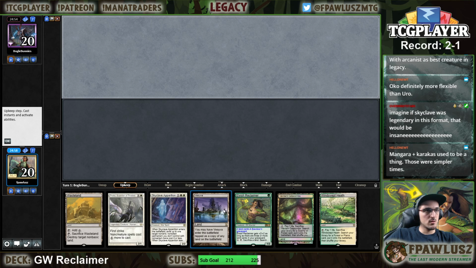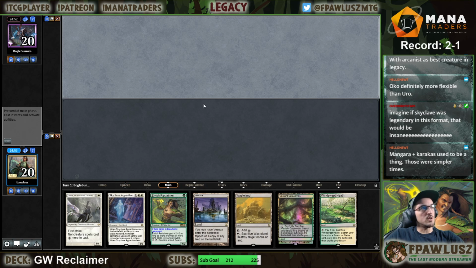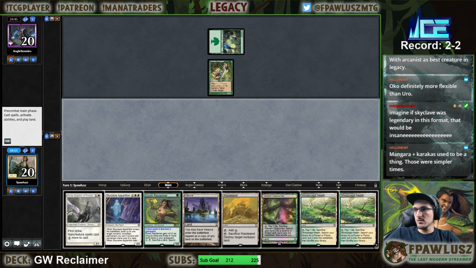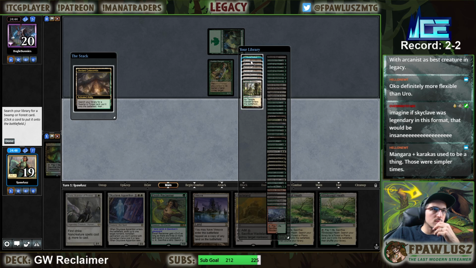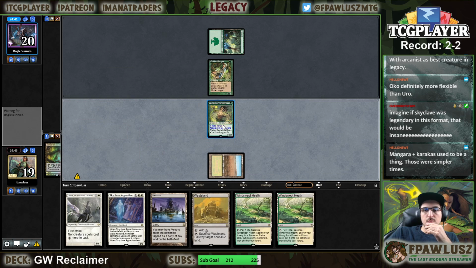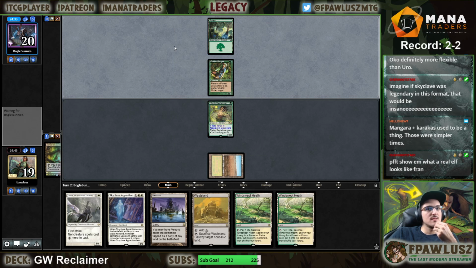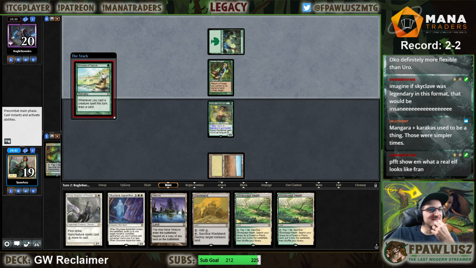Okay, I'm going to keep the hand. Vesuva kind of awkward here, but it's okay. Elves. My God, Karakas used to be a thing. Those were simple times, remember? Remember when you could do that? Real elf, fake elf. Probably not true, but...